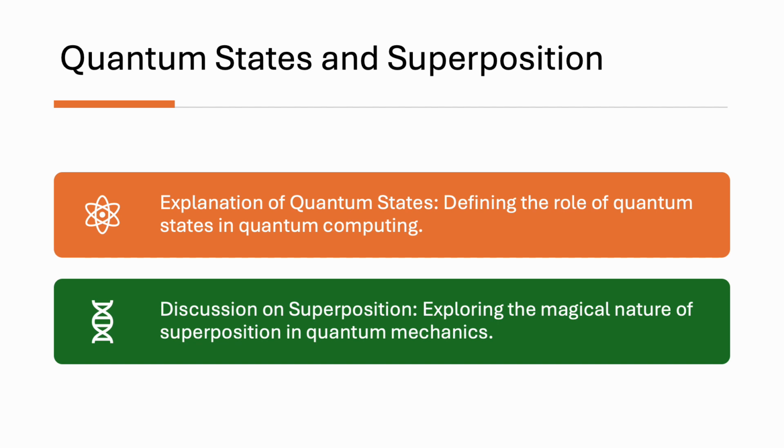Let's bring this to life with a playful analogy. Imagine quantum states as Lego pieces. Each Lego piece embodies a distinct quantum state, and as they come together, they create a mosaic of quantum information. This analogy not only simplifies the complexity of quantum states but also emphasizes the modular and interconnected nature of quantum information. Now let's dive into the true magic of quantum mechanics.